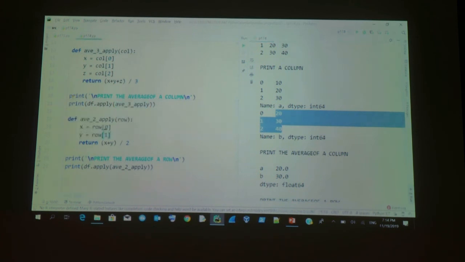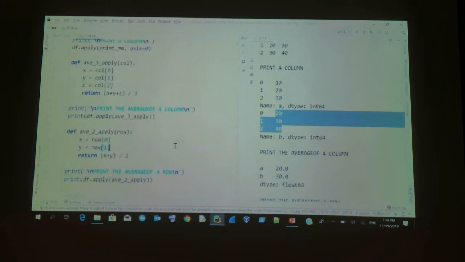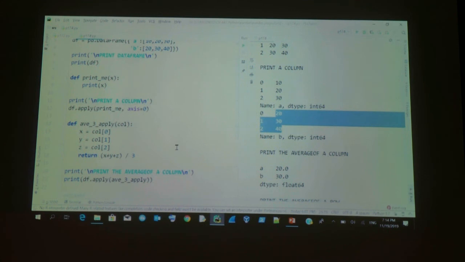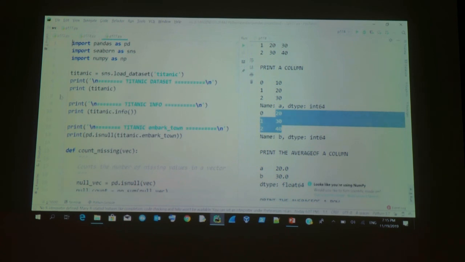So in here, x row 0 and x row 1, and I'm calculating the average for the row, not for the column. Right? Row for row. So you could apply it in the row, and you could apply it in the column. I mean, the best way to learn it is to do it by yourself. So you have the codes, and you could try it yourself. So you could use row-wise operations and